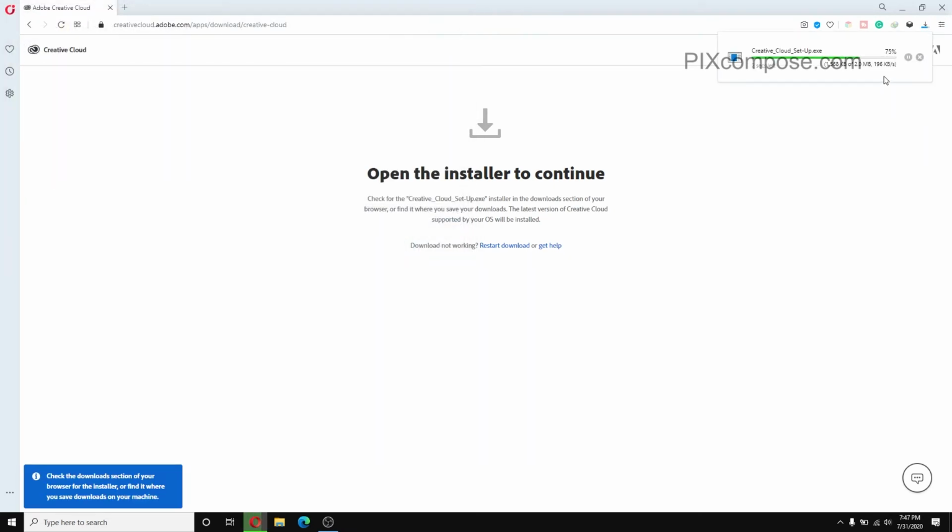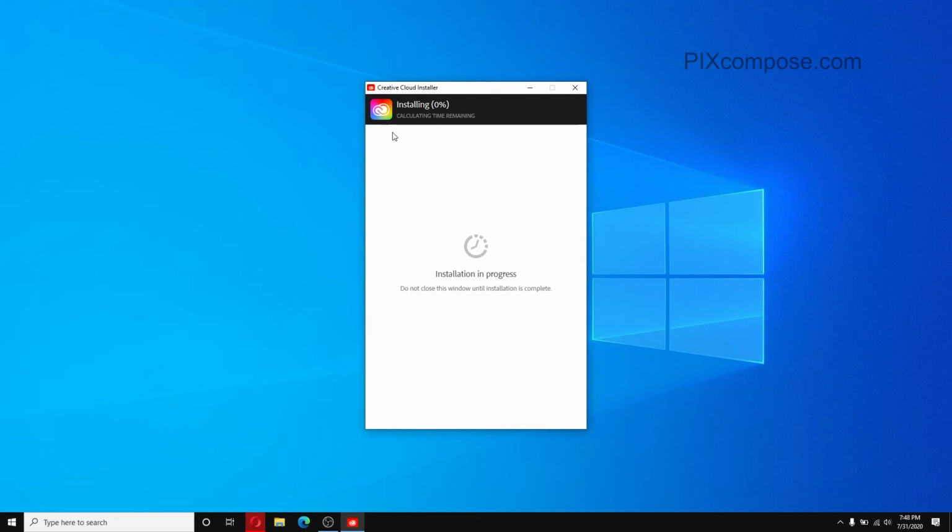You can see that the software is downloaded. Now we can double click on that. So here we can see that it is installing the Creative Cloud. This one is the Creative Cloud installer. So after that we will get the whole list of the softwares, which will include the Photoshop, and we can click on install button and it will be installed. Installing the Adobe softwares is very easy. We can see that after the Creative Cloud installer is installed. So let's wait.